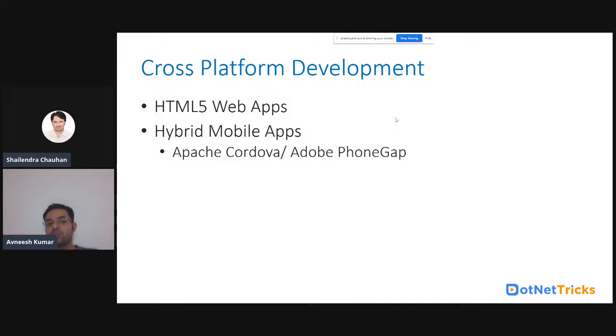How? They use HTML5, CSS3, JavaScript, and many plugins and libraries. They use WebView in Android and WKWebView in iOS, just to replicate the native look and feel in the hybrid apps.